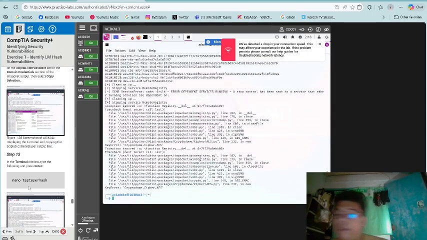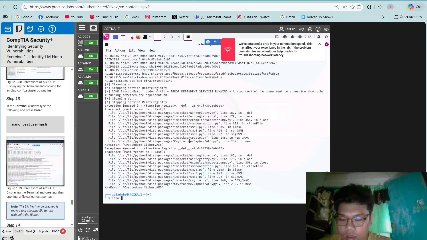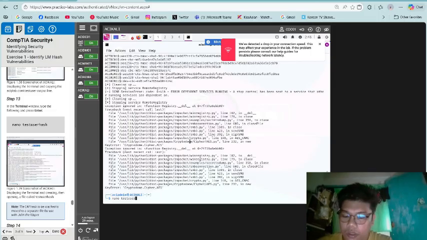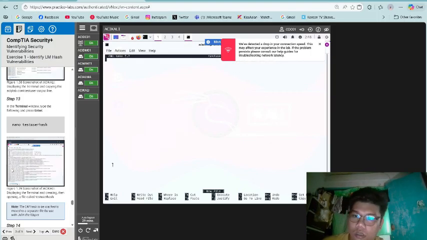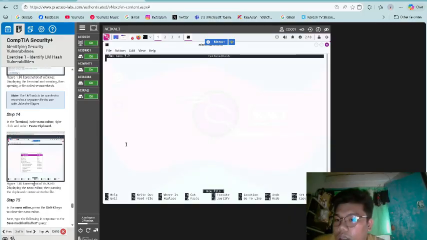Step 13, in the terminal window, type the following and press enter: nano testuserhash. Note, the LM hash to be cracked is moved into a separate file for use with John the Ripper.